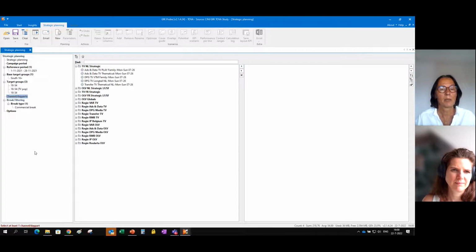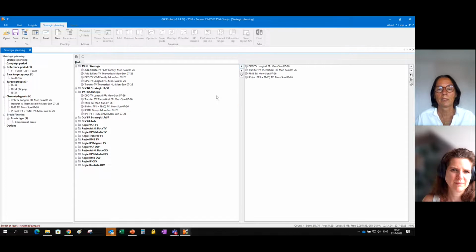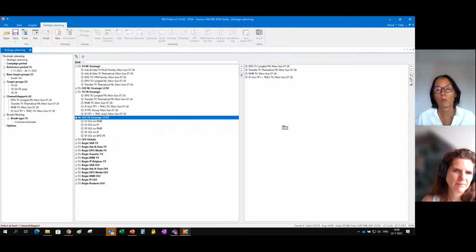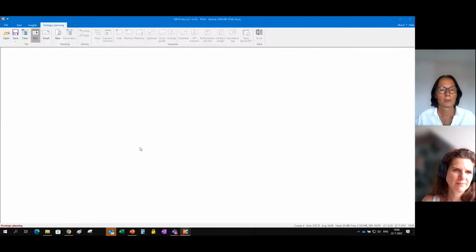So for station day parts, it's about television. So we take these sales houses, we take online video. It was online video, long form video and short form video, and no YouTube in this specific situation. With all information in the parameters, we can hit the run button, and Probe is collecting all the data,